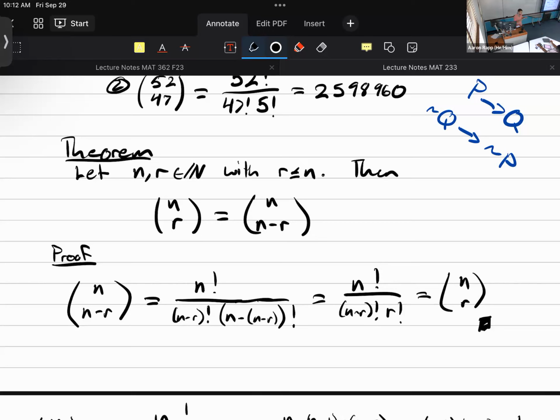Well, if I'm choosing 5 out of 52, that means how many am I not choosing? 47, right? Or if I'm choosing 47, then how many am I not choosing? 5, right? But when I break it down, those are still choices. I'm just choosing whether to include or choosing to exclude. So we can always change our perspective, and this is one of the fun things about mathematics,